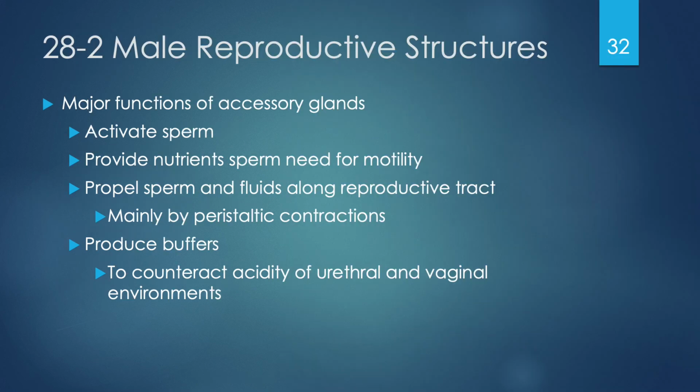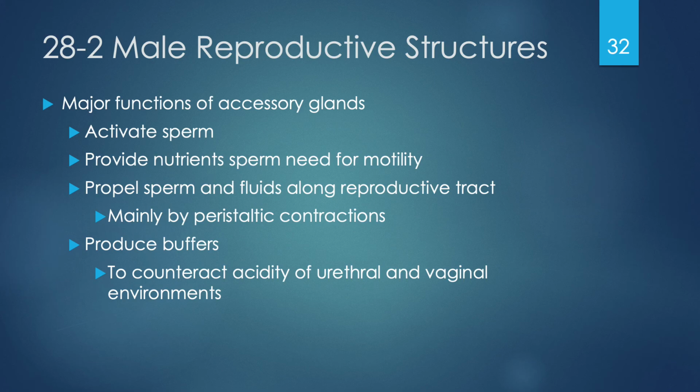The major functions of the accessory glands are to help activate sperm and to provide them with nutrients that the sperm need for motility, which is movement. This fluid is also going to help to propel sperm and the fluids along the reproductive tract, mainly by peristaltic contractions of the smooth muscle. These accessory glands also produce buffers, which counteract acidity of the environment. You can imagine that in the urethra, urine could be somewhat acidic. So there are buffers within these fluids to help counteract that acidity, so that residual acidity doesn't damage the